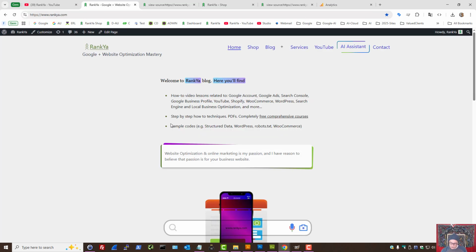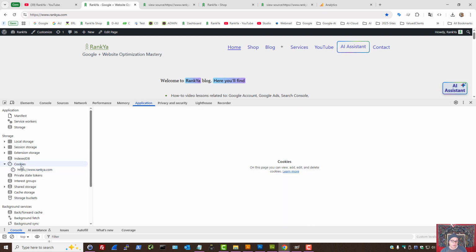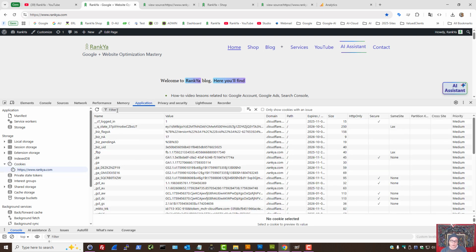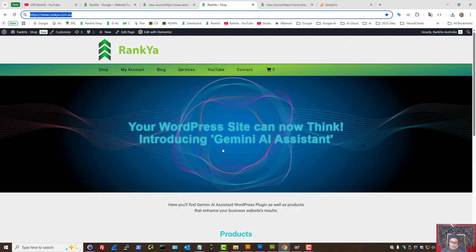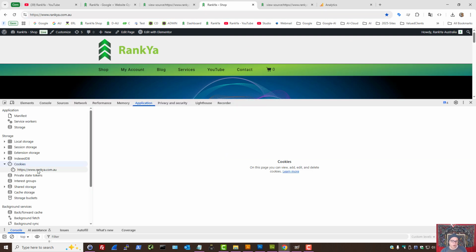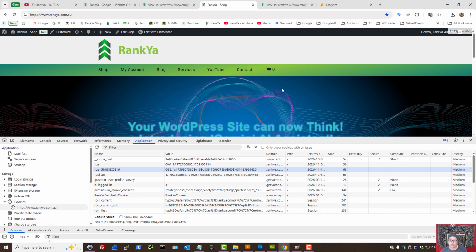Another thing that you can do is press F12 on your keyboard, bring up the application toolbar, and then look at the cookies. You can search underscore GA to see, is the cookie for Google Analytics 4 there? You do this test on both websites. So let's imagine you end up seeing it. Then what else we can do